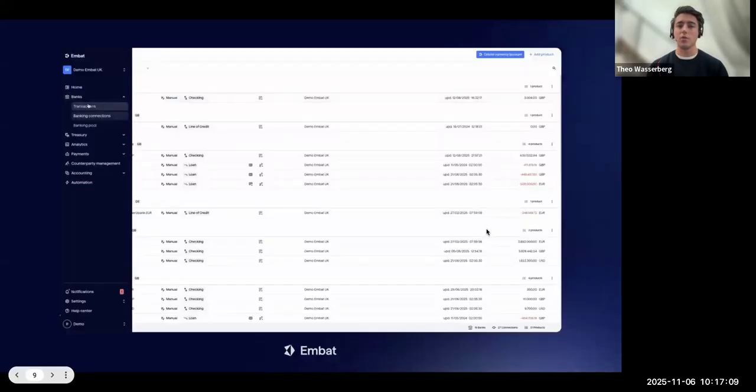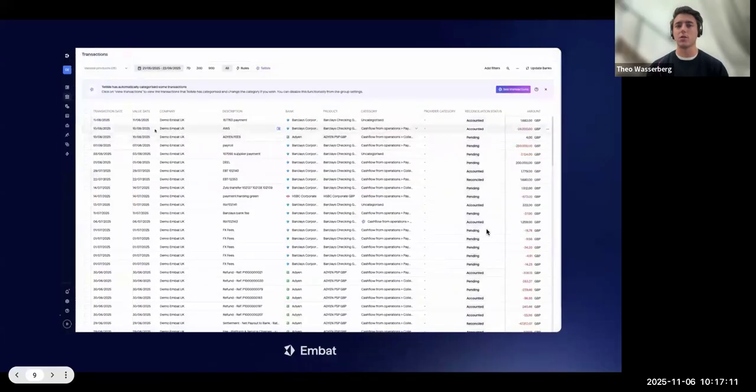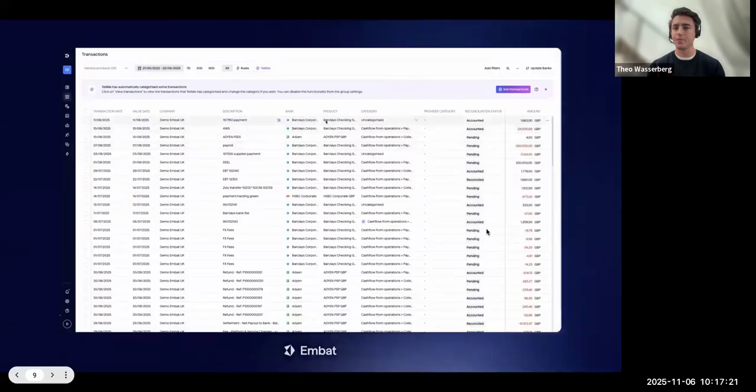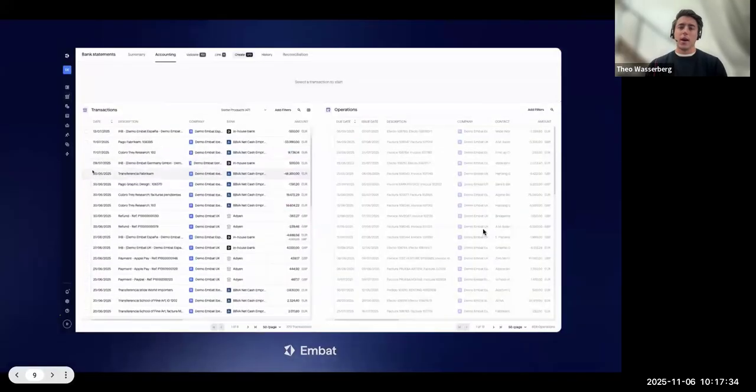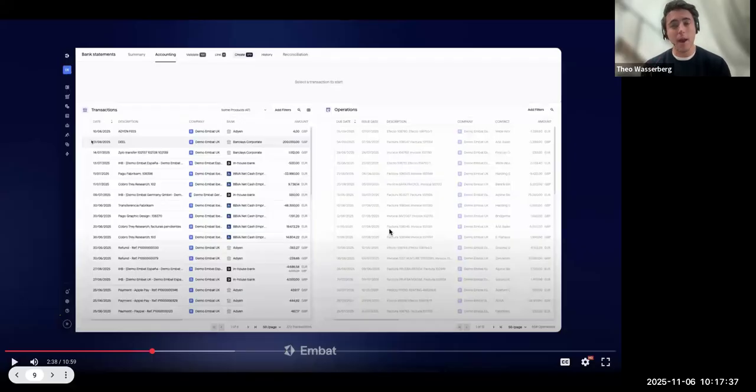But the big thing this is giving you is all of the transaction data. And what you're looking at now is a consolidated list of all of the transactions from every single account into a single place. And it's pulling all of the attributes and data, and I can just hit update and I'll get an updated view of those transactions. You don't have to wait a day, upload a file, etc. And it's also been categorizing those, and I'm going to come back to the categorization in a minute. Now, this is my favorite screen of Embat because we're going to start to talk about reconciliation.